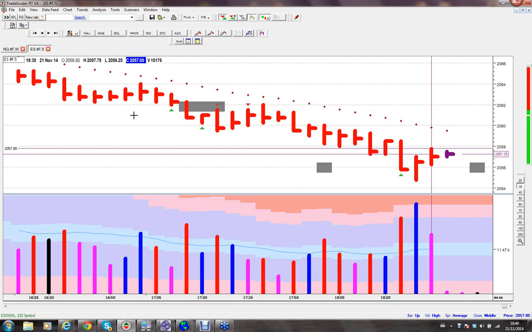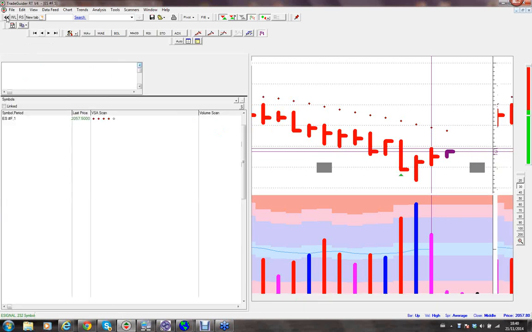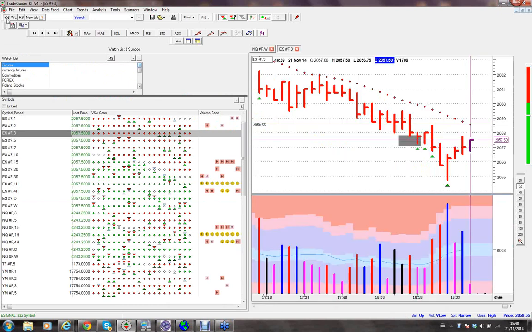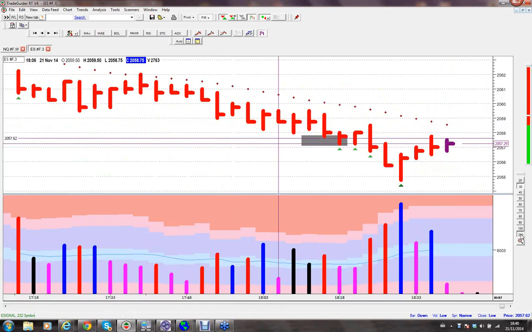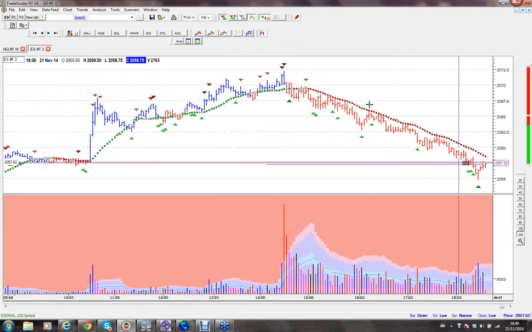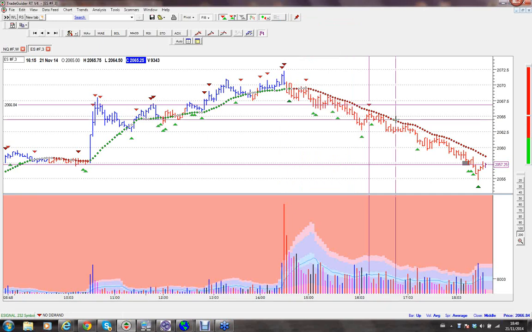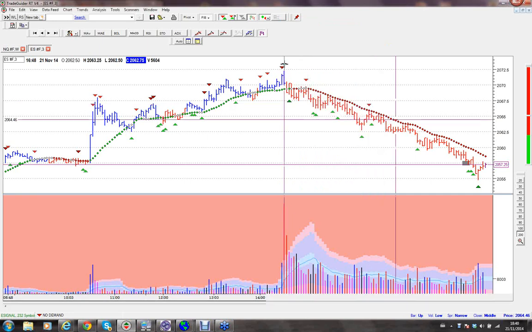Tim's asking, do I just use a 5-minute chart? It's a good question to get into the trade. No, Tim, to be fair with this trade, I actually went to a 3-minute chart because it had a better entry. I actually went down a time frame. I don't usually use anything lower than 3 minutes, but you can see here and here I got entries in a downtrend with weakness in the background.